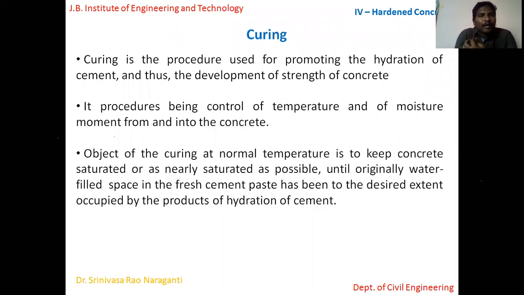But then you might be wondering, maybe by now you are aware, but before you took the class or before you joined engineering, you might have wondered why they're spraying water on concrete structures. Basically, it is to promote the hydration of the cement, because when hydration takes place, only then does it gain strength. Hydration is the chemical reaction between cement particles and water. When that takes place, we get C-S-H generation, thereby it gains strength. So the purpose of curing is to promote the hydration of the cement.